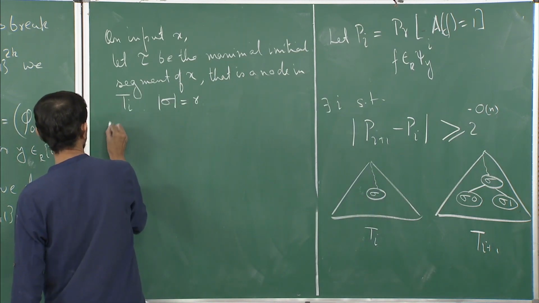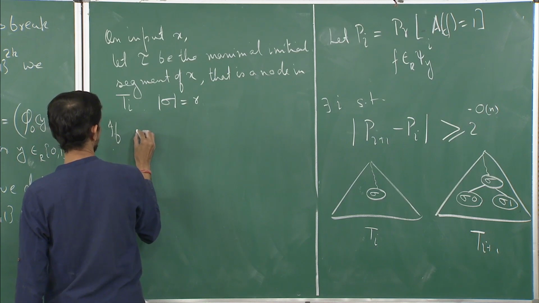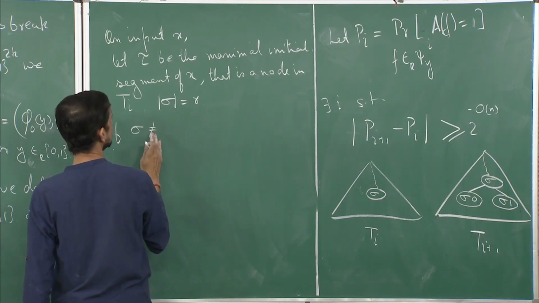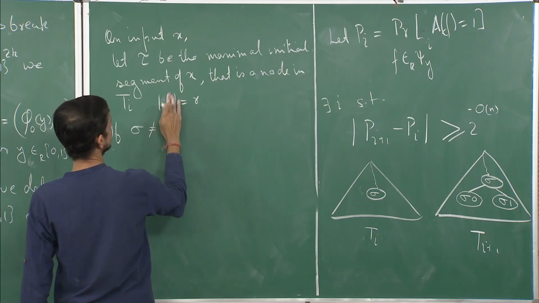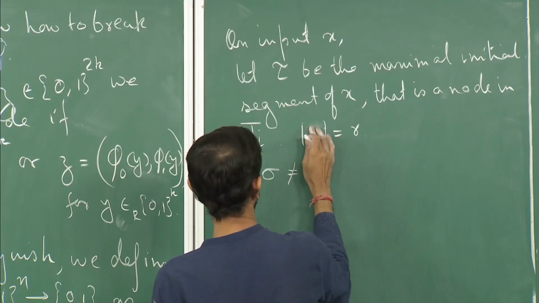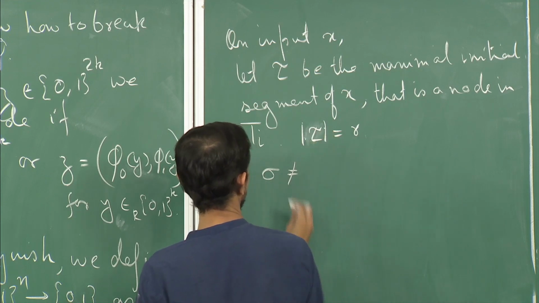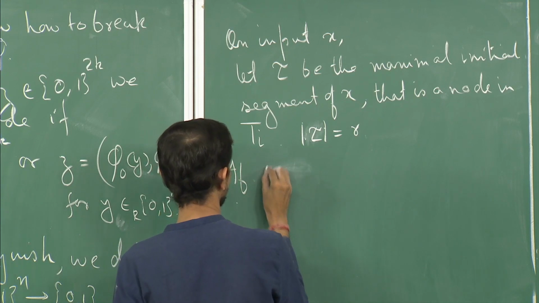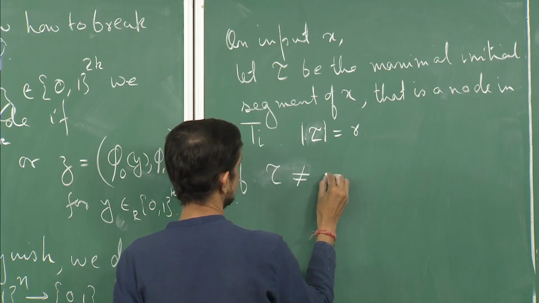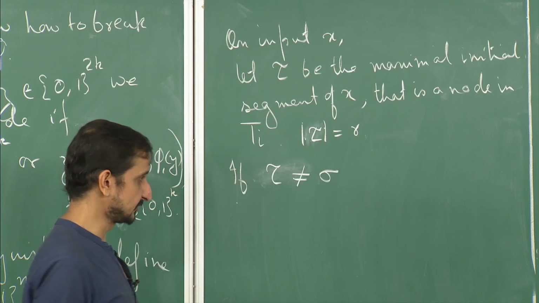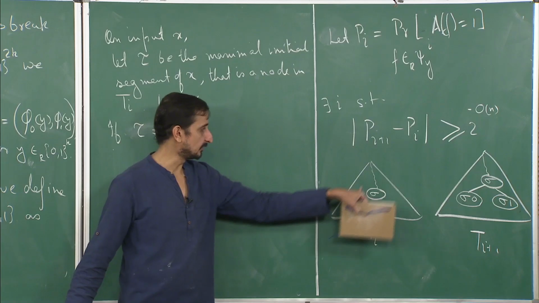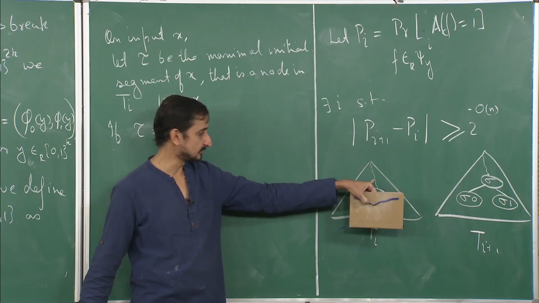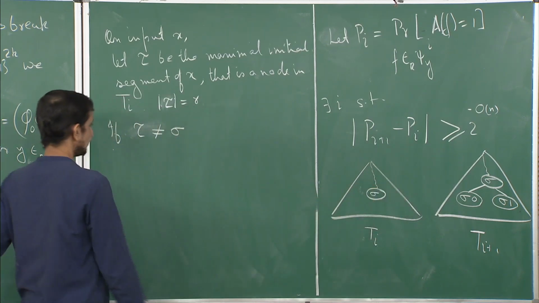So if tau is not equal to sigma, that is, it branched off from the path leading to sigma at some point, then